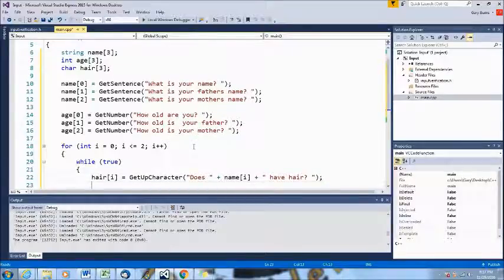So what we did here is we're going to assign to the value hair I. Remember, each time this loop runs through, I is going to go up by 1. So the first time it runs through, it's going to be I equals 0. So hair 0 will equal that character. Now we're going to say if hair I